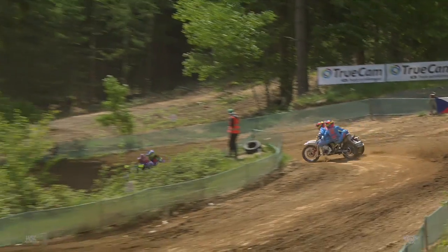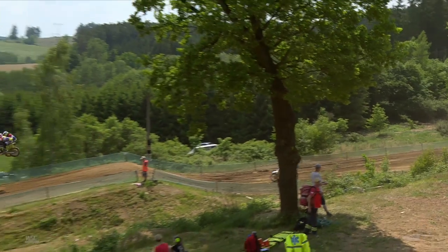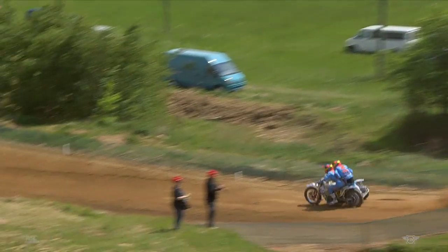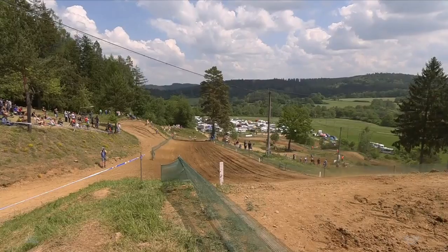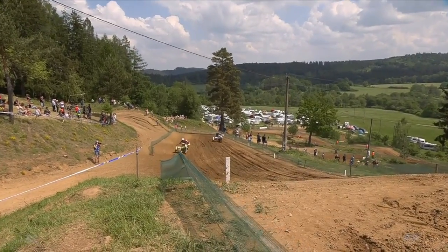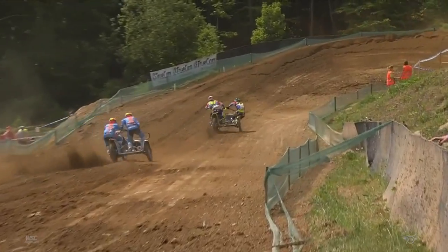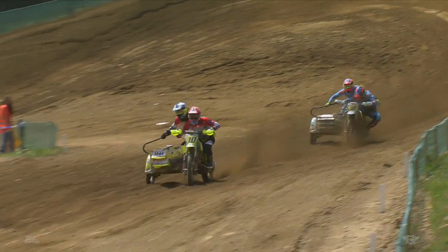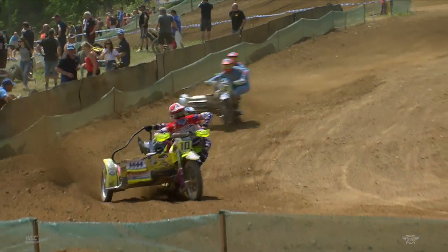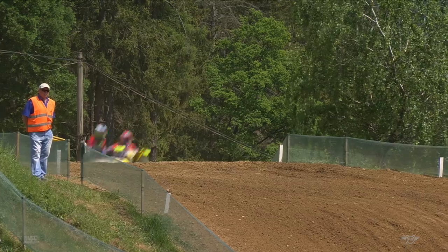Goodness me, that's drama. We're looking at the top 3 again now. We're looking at Giraud closing on the back of Julian Feldman, using all of his experience to bring that AMS 4-stroke home and preserve his passenger. We need to get back to look at what happened with Stuart Brown, but at the moment they're still credited with 7th place. But the move they made, I think it's just looked like a slip on Joe's part. Possibly looked like a slip. That's very quick going up into that right-hander before you go up into the top left-hand corner. That's a tricky corner, and if you get it wrong, it's, yeah, so...